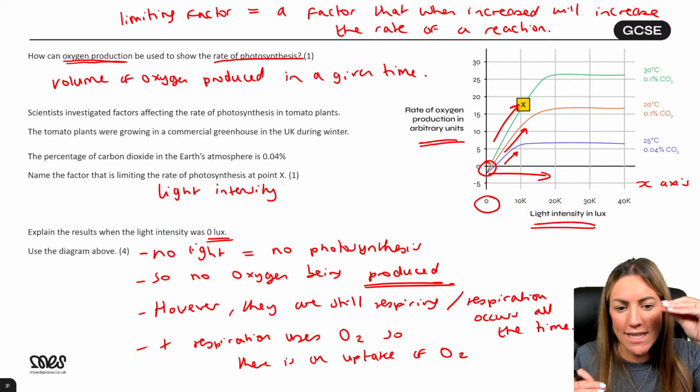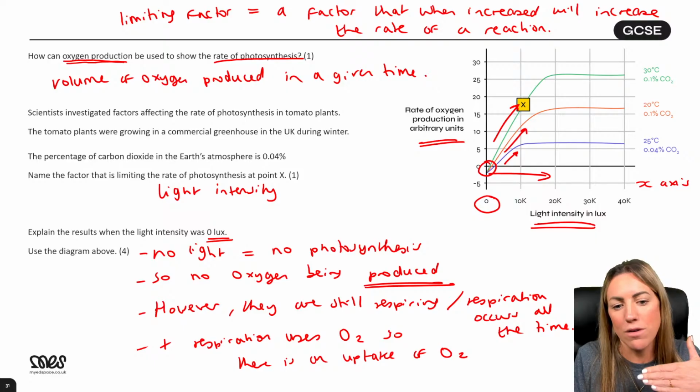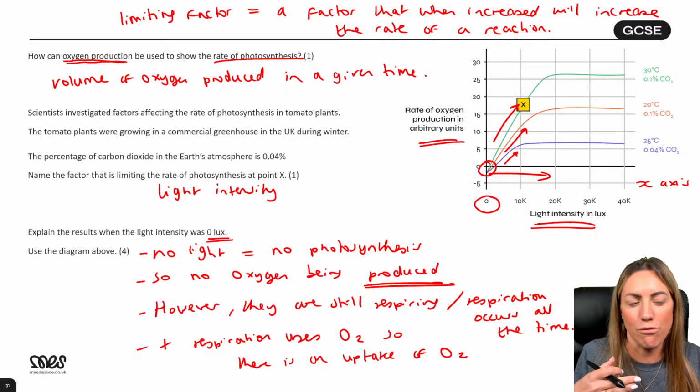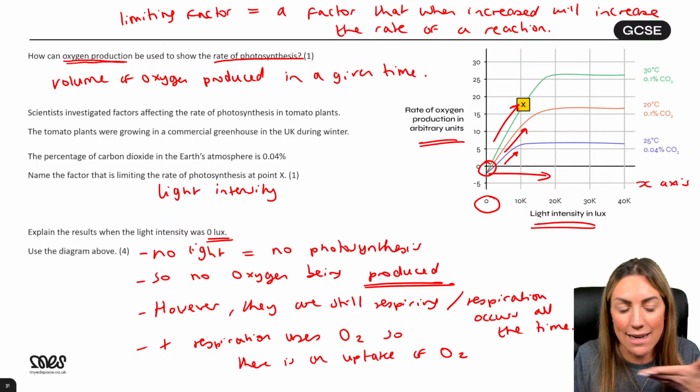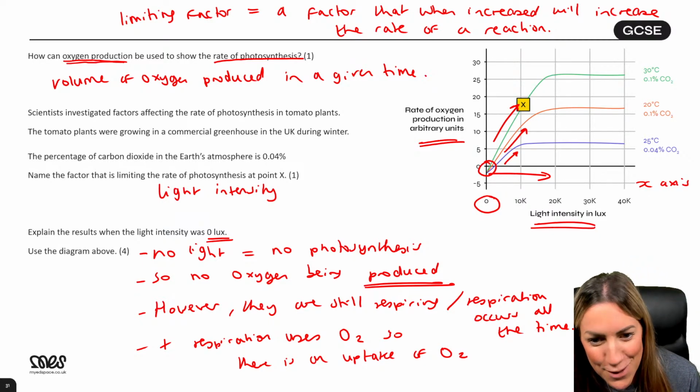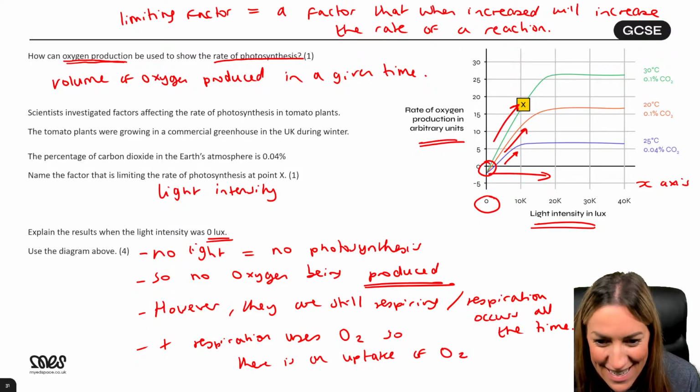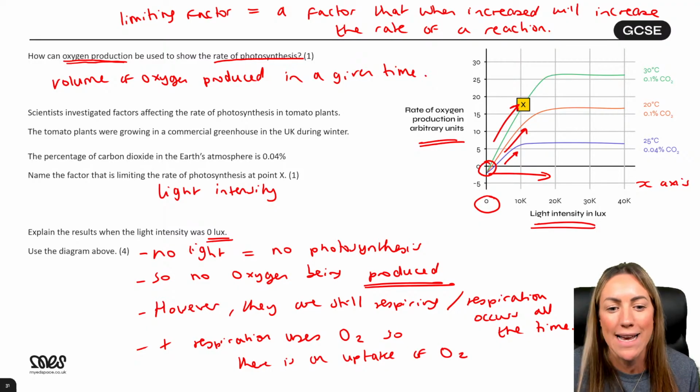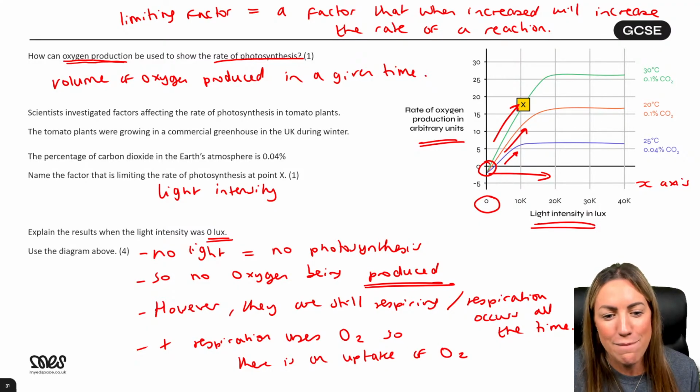When it's bright, bright sun, yes, the rate of photosynthesis exceeds the rate of respiration. But if there's no light, like here, no photosynthesis, still respiration. Do plants also respire? Yes, they do. Yes, they do, for sure. All living things respire. Do you remember Mrs Gren, like from year 7 biology? Every living thing respires. That's what makes something a living thing, if they can do those 7 Mrs Gren things.